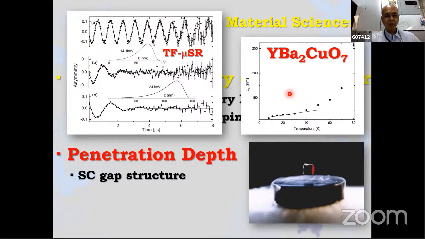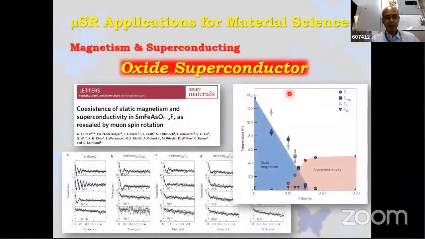So once new superconductors appear, what we do is just catch up samples and do the MuSR and discuss these kinds of very important parameters very quickly. Then I will talk about some examples of how we applied MuSR to other materials. This one is my collaborators' study to discuss the coexisting state of the magnetic state and superconductivity in iron superconducting oxide. So this was done within 5 days and published in Nature Materials